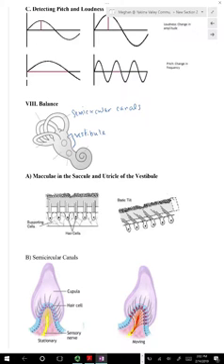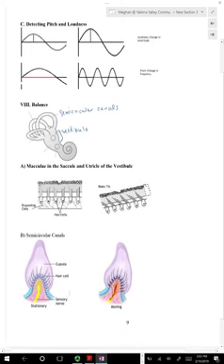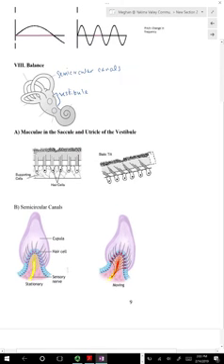So essentially, you have two different parts of balance, or how we figure out where we're positioned in space. And those two parts are either coming from the vestibule or the semicircular canals, where the vestibule is giving us information about head position,